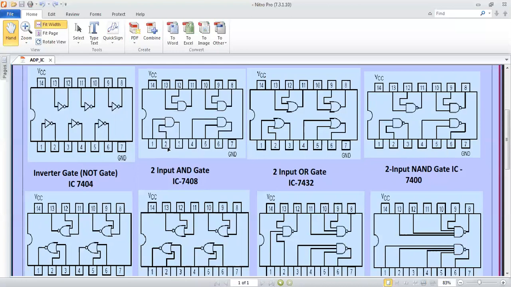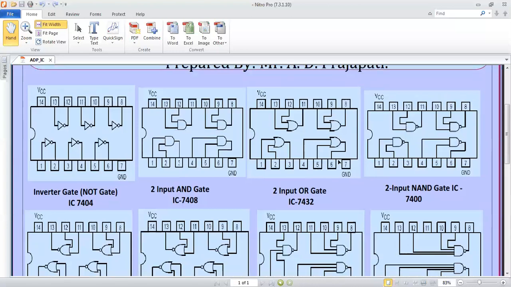Same way, provide input to 1 and 2 with values 0 and 1, 1 and 0, etc. And according to that, pin number 3 is connected with the LED. If it glows, then we can say output is high. If it does not glow, then output is low. Same way for XOR gate, provide input to pins 1 and 2 and get output from pin number 3. If the LED glows, output is high, otherwise the LED will not glow. So these are the basic constructions of all the ICs.